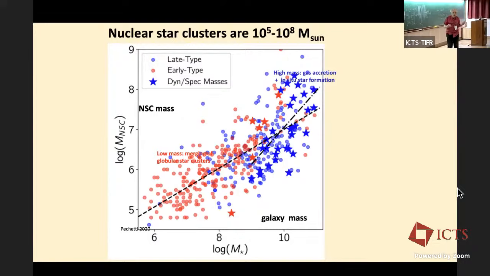It's just merging of globular star clusters, which sink into the middle. We only have 300 left in our galaxy. Once there may have been many more, and they form the nuclear star cluster, and they fall in with dynamical friction. They're fairly massive objects themselves. But when you get further back in time, and we see evidence for this, I'll show you in a moment, there's lots of gas around in the early universe, lots of accretion, and you get much more dramatic growth of these nuclear star clusters. That seems to be the story.